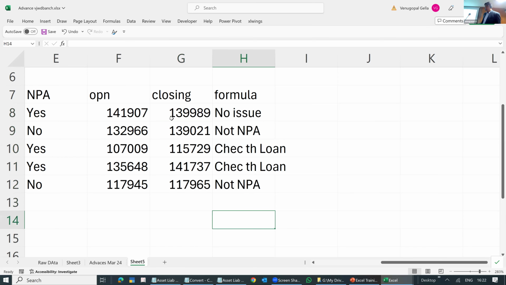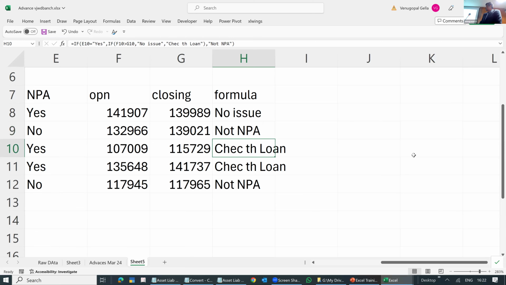See, I just gave some random numbers. For the first one, it is an NPA, but my closing is lower, so it said no issue. Second one is not an NPA, so it said okay, not an NPA. Third one, my opening balance was 1 lakh, closing went to 1,57,15,000.